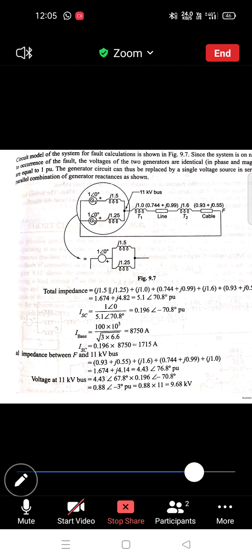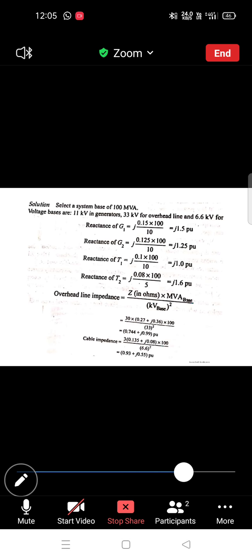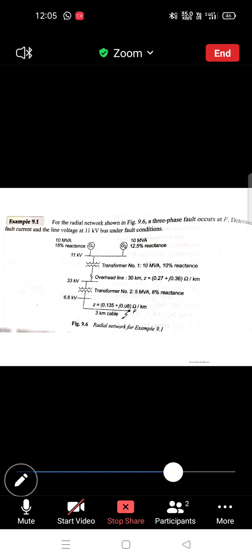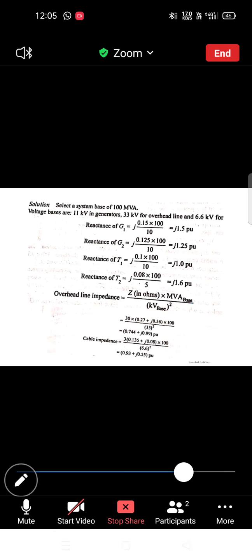So to do the sum, you first have to see the whole example, how much information is given and what was asked to find. According to that we can cover the whole thing and do the sum. Okay, any query you can ask.